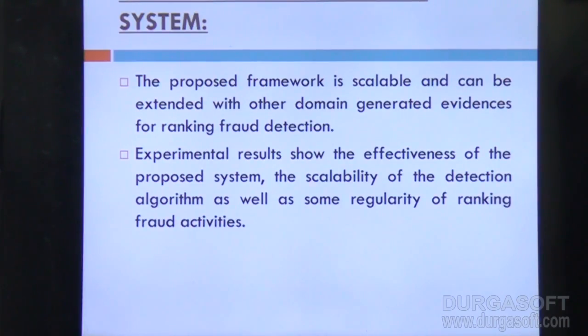In our experiments, the algorithm we proposed gave a nice effectiveness and better solutions than others, and it is also scalable for other mobile applications to detect frauds and fraud ranking activities, especially in the area of managing mobile applications.